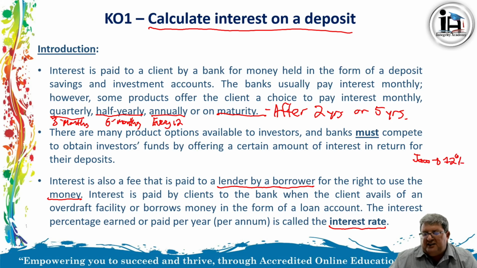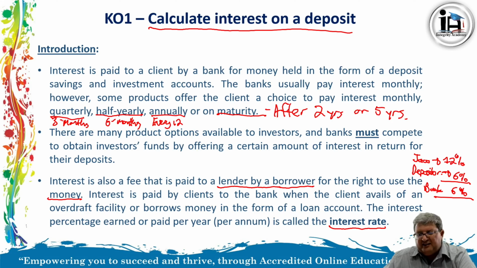I borrow money from the bank and I must pay them, let's say, 12% interest. The bank got the money from the depositor, but the bank only pays the depositor 6% interest on the money that's in the account. In other words, the bank makes 6% profit. That is one way they make their money. They use your money, pay you 6%, lend it to me, I must pay 12%, and after they've paid your 6% back, they've made 6% profit.